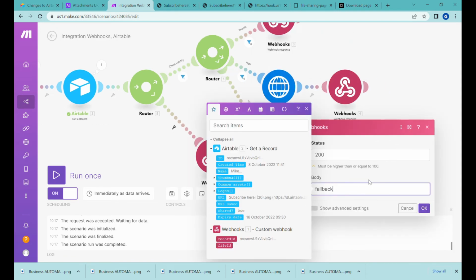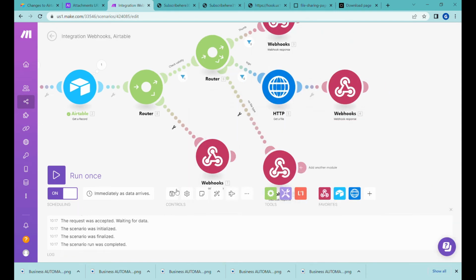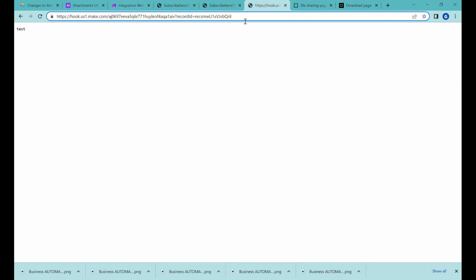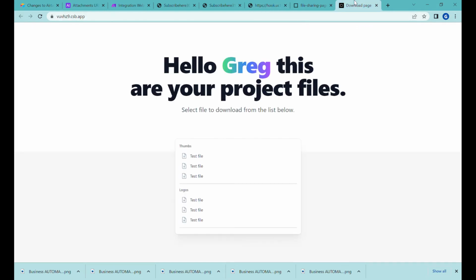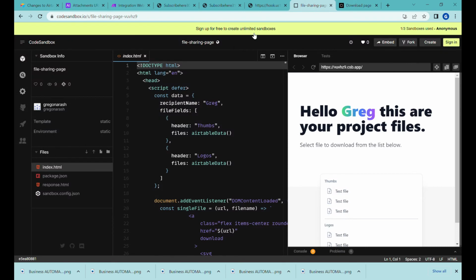And we will say here fallback in the body. Let's just test it out quickly. You can see this is the fallback route. Okay, so what we would like to do, we don't want to return fallback, we actually want to return this whole page over here. So now I will share the link below to something which is called codesandbox, and it